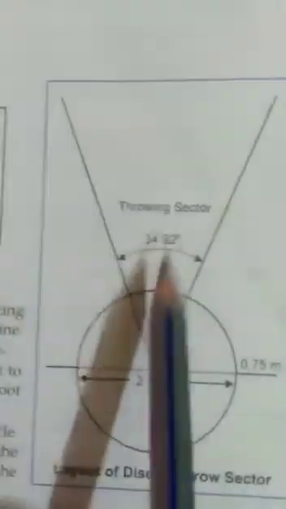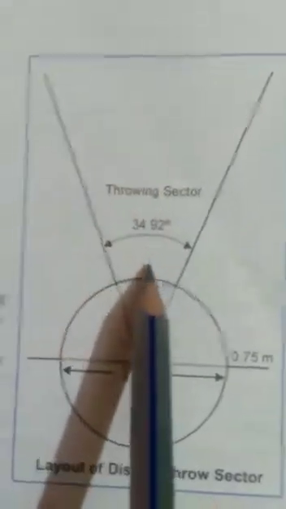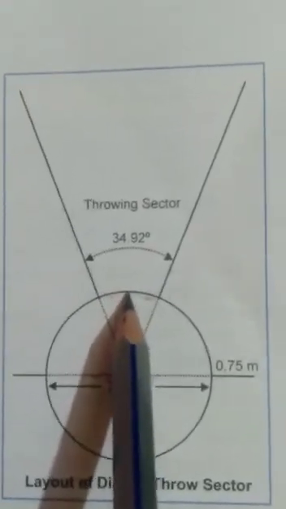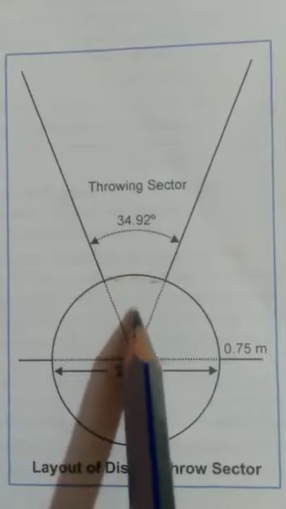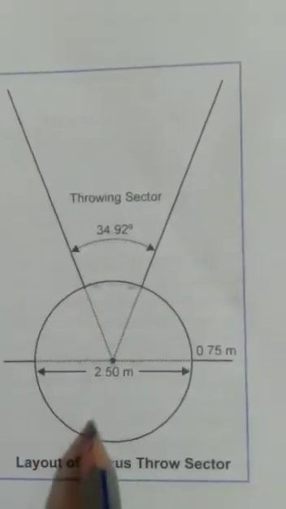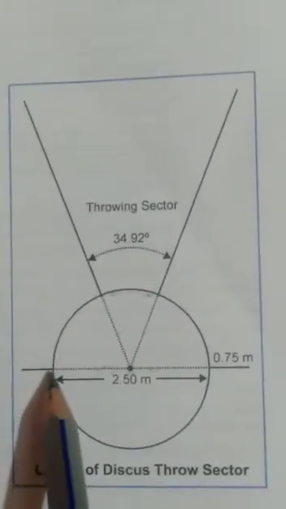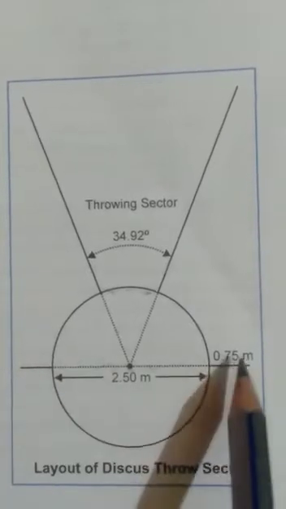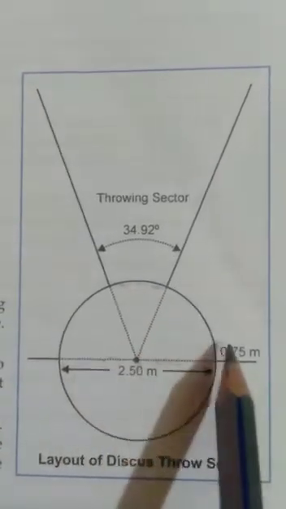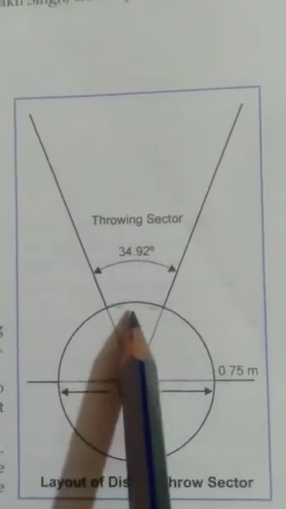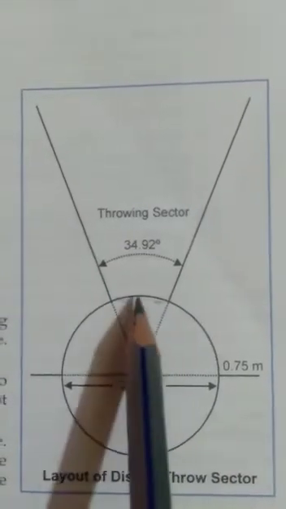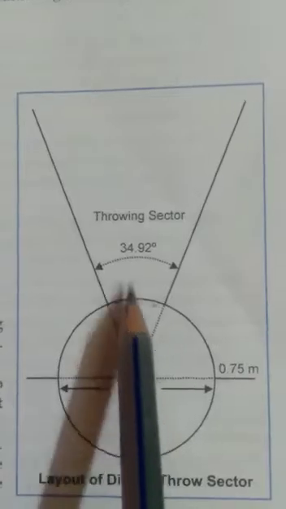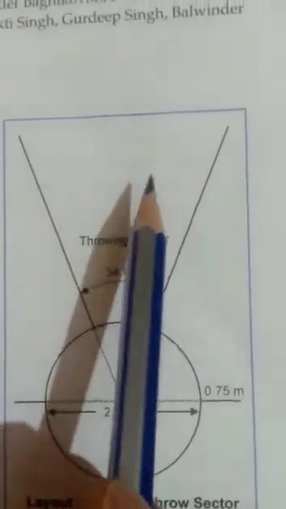After throwing the discus, the thrower or the athlete or the player will come back from the back side like here. It means this indicating line, both sides. Don't cross this indicating line. The entry and exit will be this side or this side after finishing the throw of the discus, and the measurement